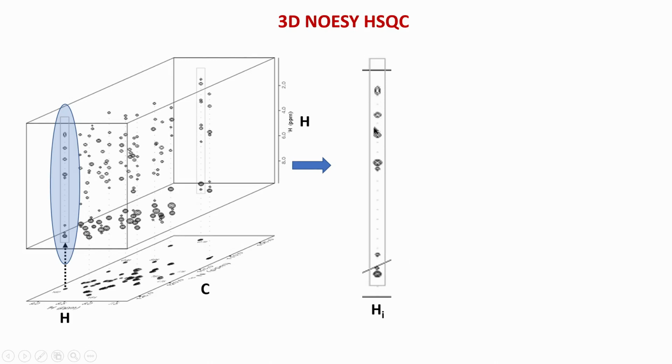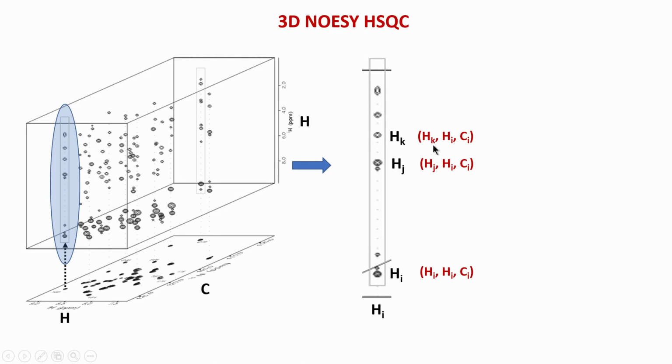Now, here you can see many different correlations or peaks. Many of them could be from the same amino acid, amino acid i. So, Hi, Hj, Hk are coming from the same amino acid, and then we have some extra peaks here, and these extra peaks could be long range NOESY interactions. All are NOESY peaks here, but these three could be from the same amino acid, and these could be from a neighboring amino acid or a far away amino acid.